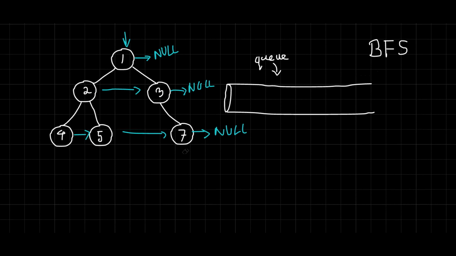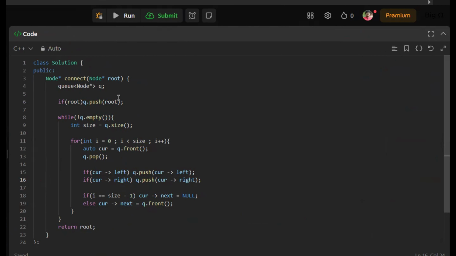Now let's move on to the code. In this problem, the code is pretty simple. We are given a function named connect, which takes a root as a parameter. Now we are taking a queue to implement BFS and inserting the root into the queue. Now, while the queue is not empty, we are calculating the size of the queue, which is the size of each level, and we have to iterate